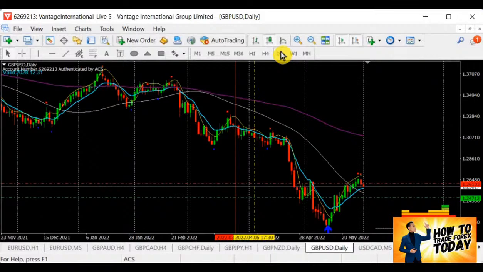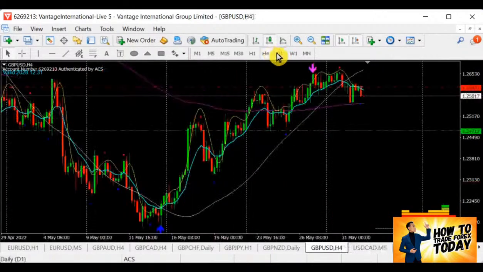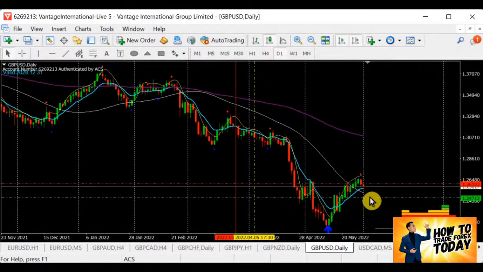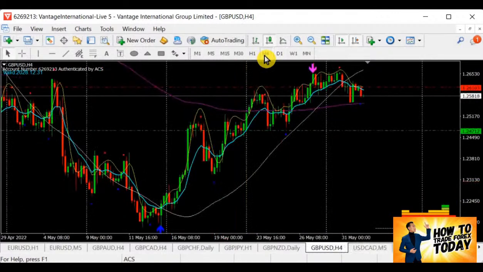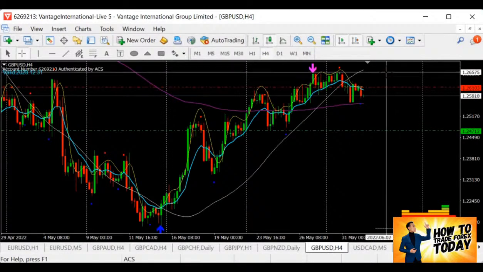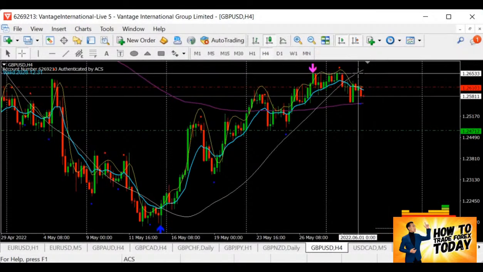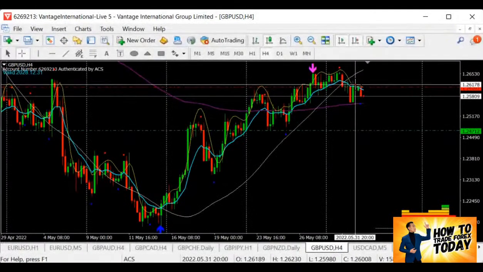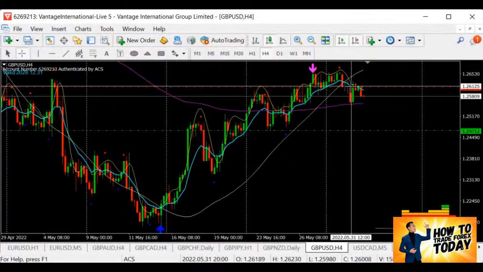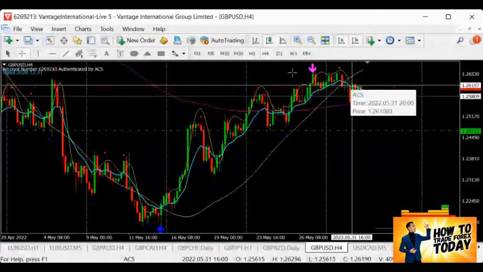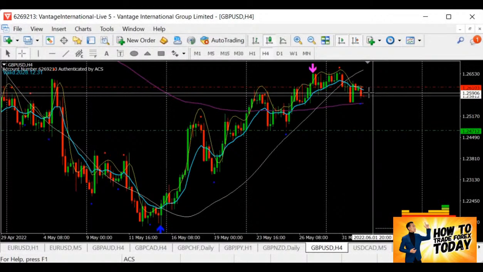So pound dollar. Let's take a look at pound dollar. We are now retracing downwards from the bull. Today it still seems like selling is possible. We have a resistance up here, and when it sold down here, it has been hovering around and created another resistance. So in this case, the resistance has already started selling.